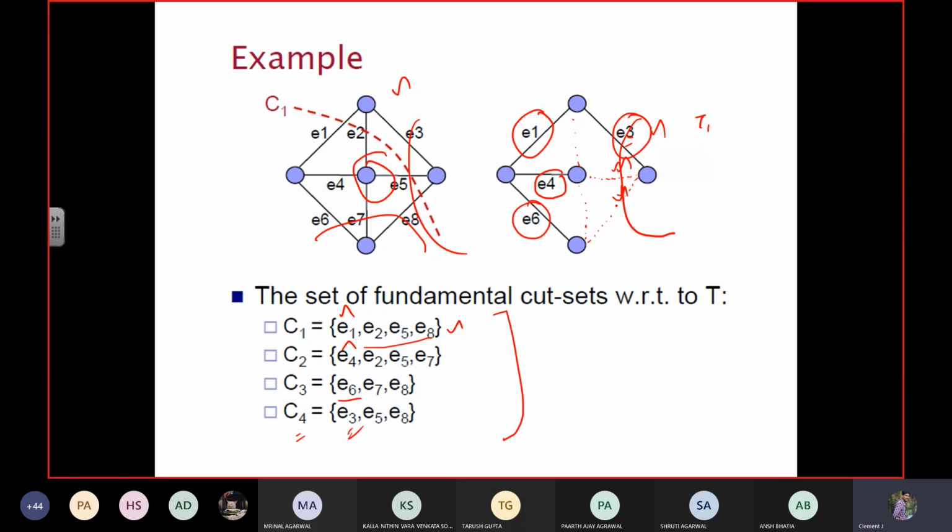Can you get the point? Yes, sir. By keeping the spanning tree as the source, you can just try to guess the remaining chords. What are all the things that can be added into the cut set? So you can easily guess it. Is it clear? Sir, if there is no chord, then what will happen? Very good question.